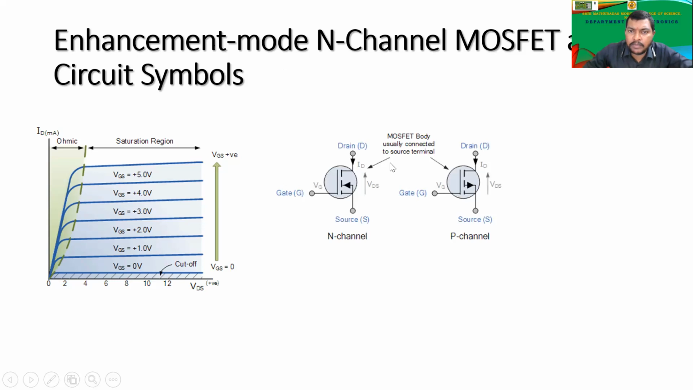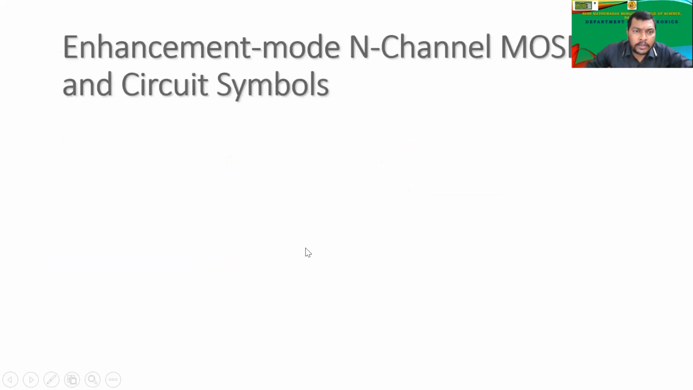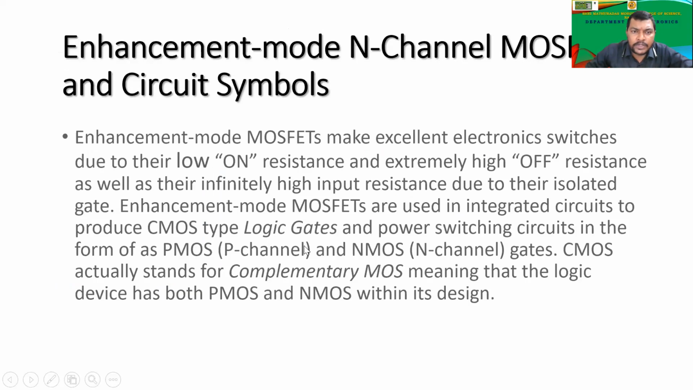These are the symbols. That is what I was showing you, that there were gaps between the drain and source. So these gaps represent that no current flows through. There is a break, and the gate is going to provide the current to flow through it. So we have N channel and P channel E-MOSFET symbols. Enhancement mode N channel MOSFETs are